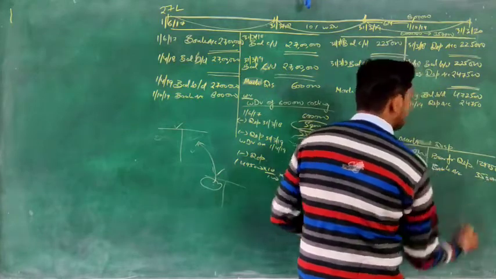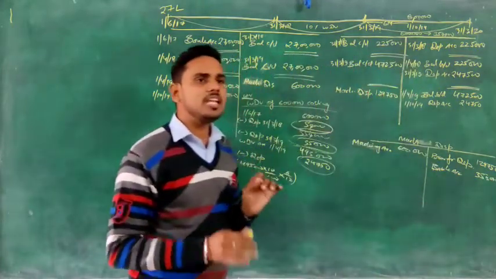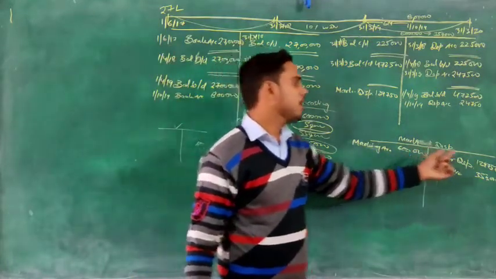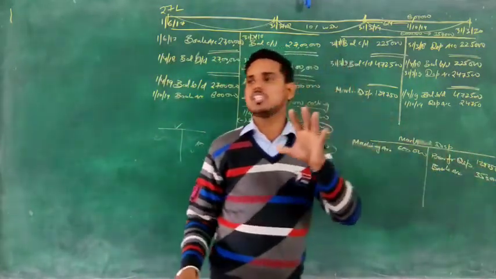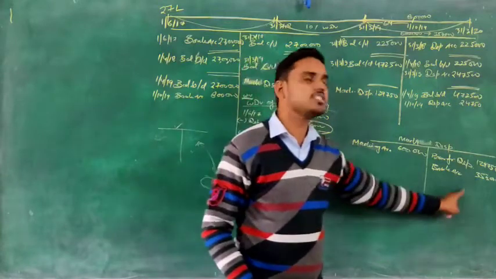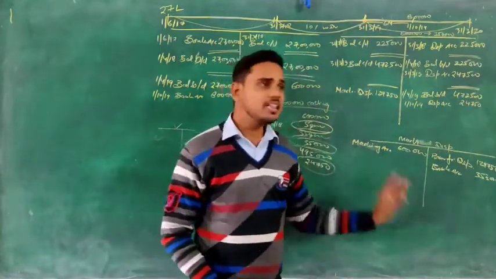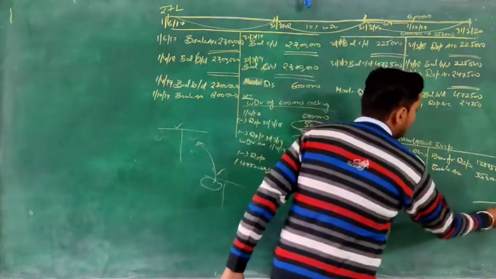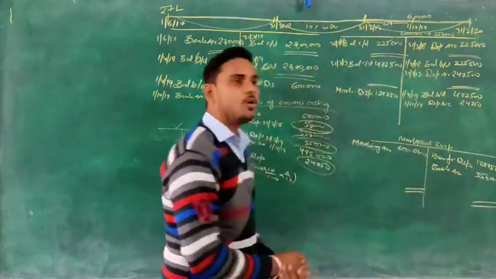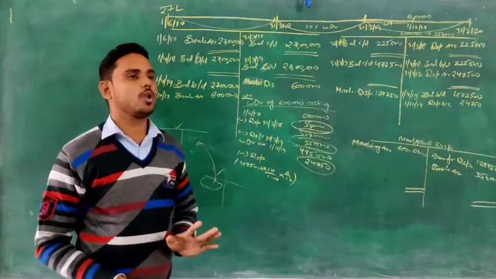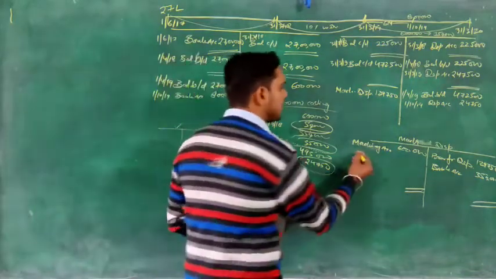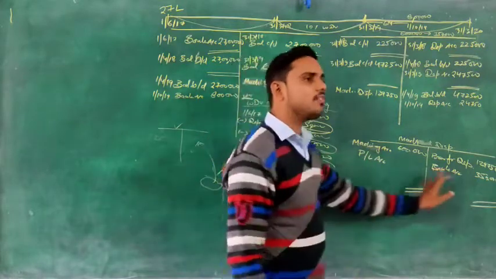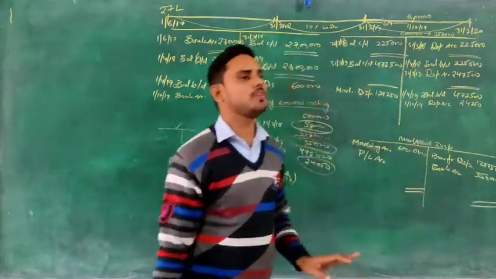Now see what the benefit of this is. Now you don't need to actually compare that this is the cost, sir, minus this is the depreciation, now this is the current value, compare current value with sale price. No. In this account, there will be no balance c/d, and whatever balance you are getting, if you are getting, that is profit or loss. If you get the difference on this side, you will write to profit and loss account. If you get the difference this side, you will write by profit and loss account.